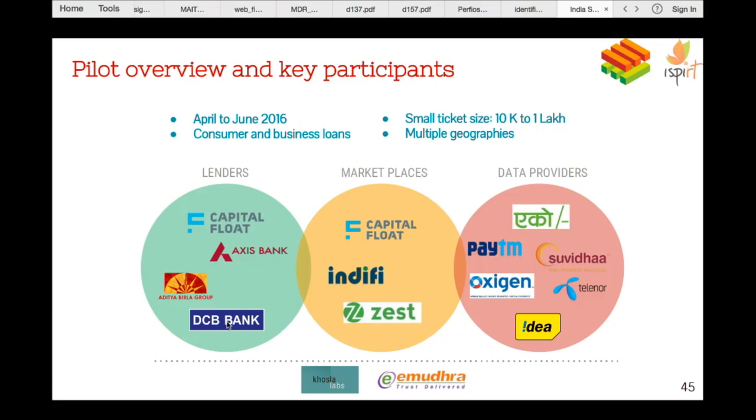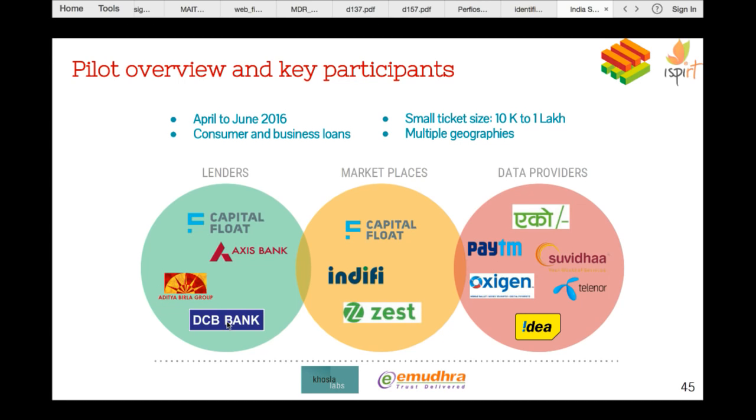So I just talked about the lending pilot. This pilot ran from April to June last year. Yeah, the pilot ran from April to June last year, and we had multiple lenders, marketplaces, and data providers participate